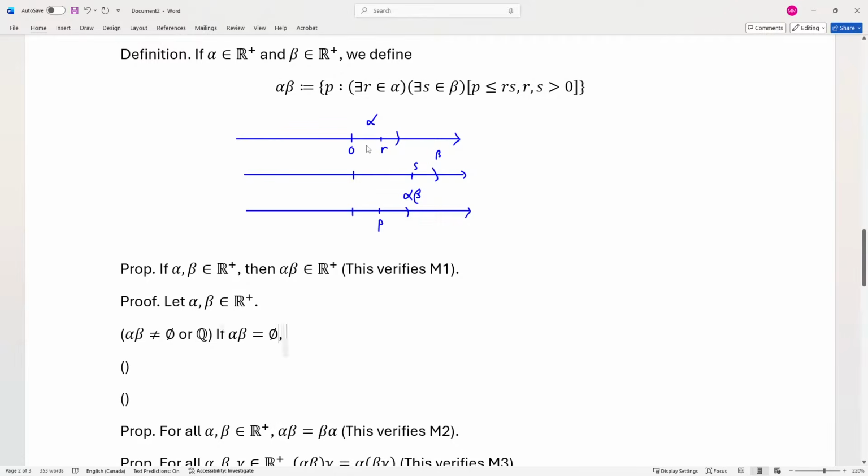Let's start by assuming this for a contrapositive argument, in case we forget later what we're doing. And so this means there is no P that satisfies this property. Alpha,